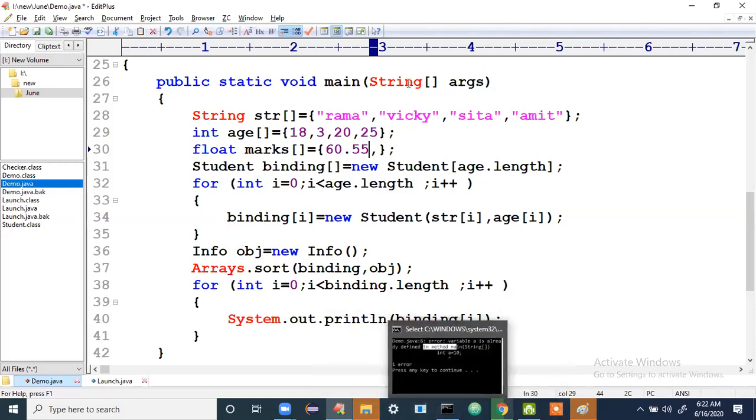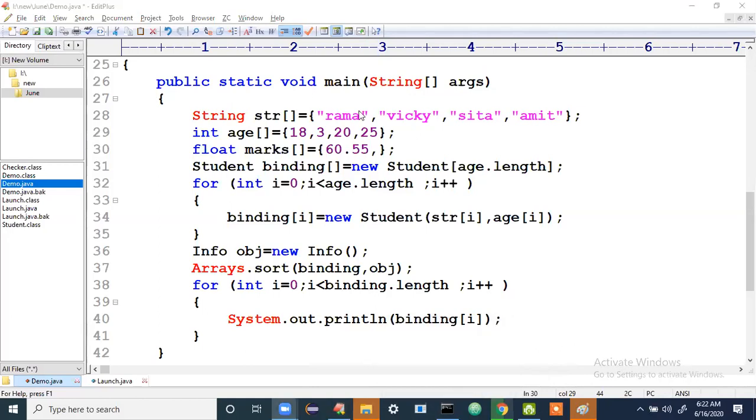So let me go to the share screen. Here I'll clear all drawings. Let's imagine one object whose name is A, age is 20, marks is 65.6. The second object is B, age is 18,